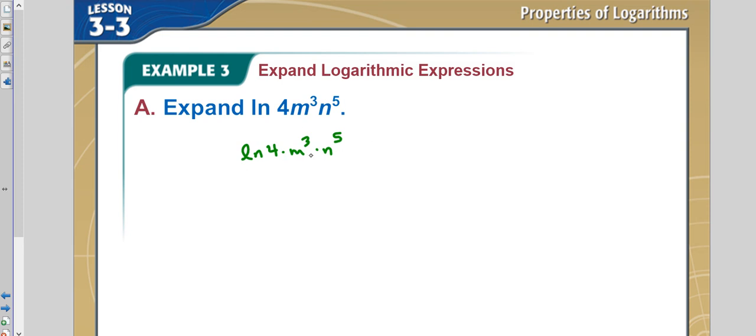I would break each one of these down into factors, which I've started to do, except I did not write that 4 is equal to 2 times 2. So you could just say 2 squared. So we're saying, how can we break down ln of 2 squared, and I probably should have parentheses around this, times m cubed times n to the 5th power. Well, I could say that is equal to